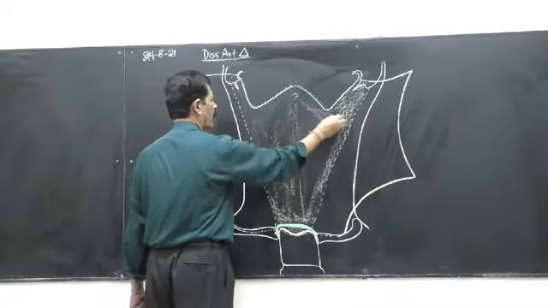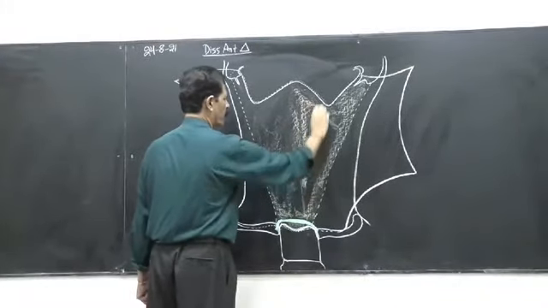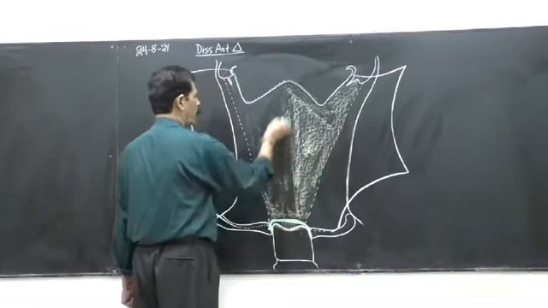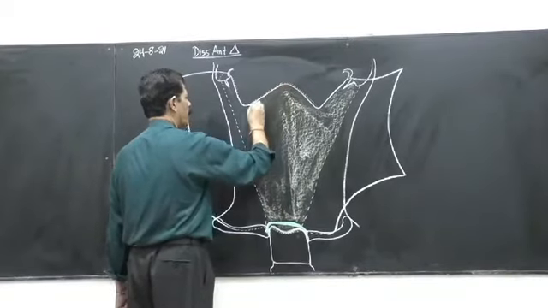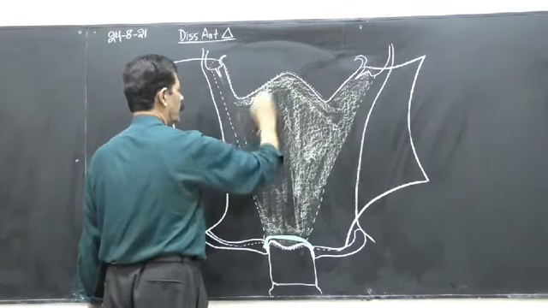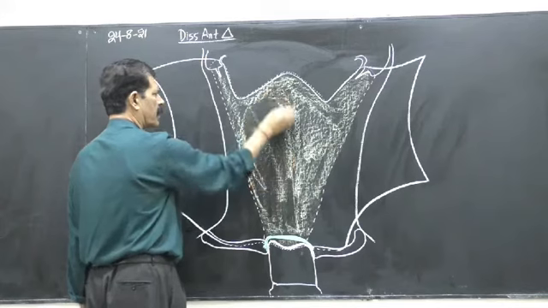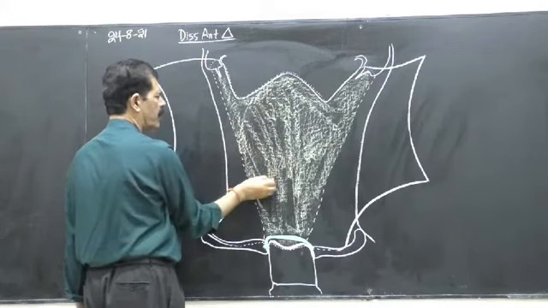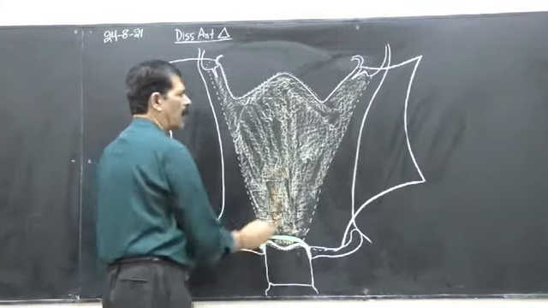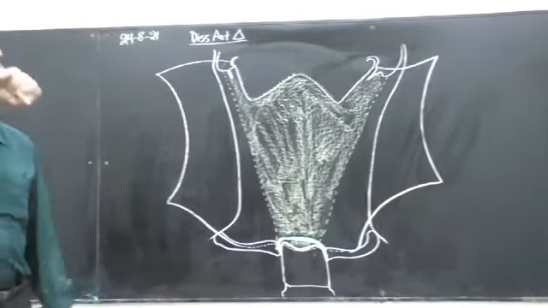Everywhere there is a yellow color fat, that is the content of the superficial fascia from head to toe. Everywhere in the whole of the human body, same arrangement. Below the skin is the superficial fascia. So this is what you see, the fat. And in the superficial fascia, what is its content? Fat, loose adipose tissue, cutaneous arteries, veins, nerves, lymphatics and lymph nodes. The same arrangement we see here.